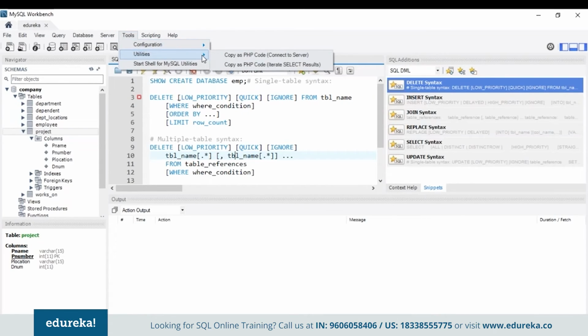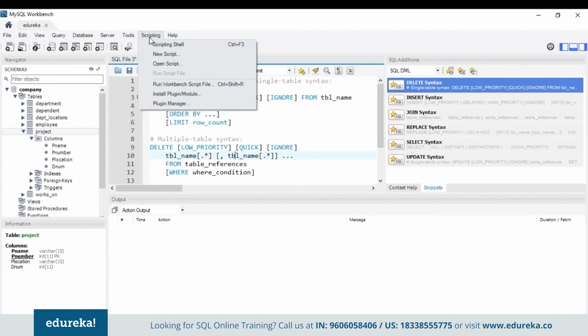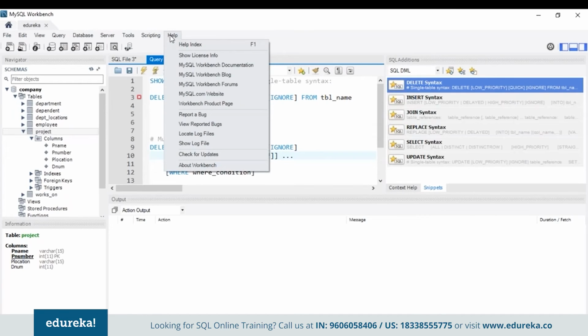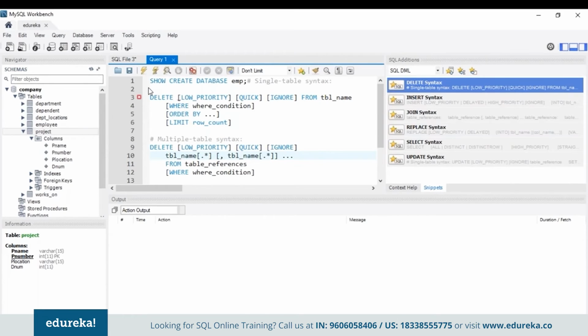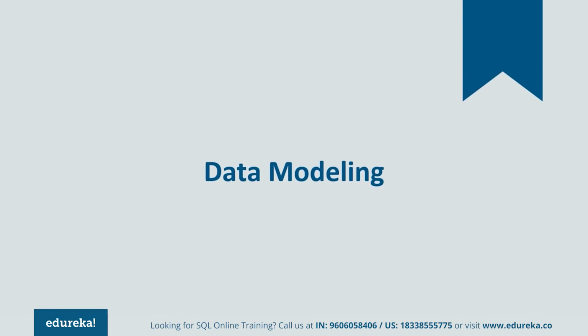and similarly for tools, we have various utilities such as you can copy the particular code in the query pane as a PHP code, or we can just iterate the select results. In the scripting option, you can just choose to have a new script or you can open an existing script. And in the help option, you just have all the documentation files where you can find the help for this workbench, right? So now that you've understood the SQL development module, it's time that we jump on to our next module,